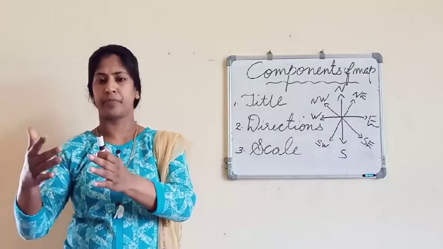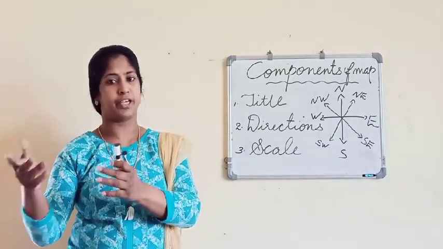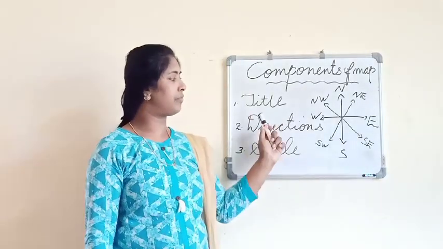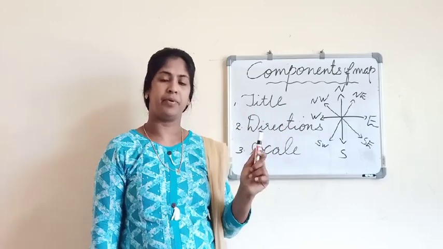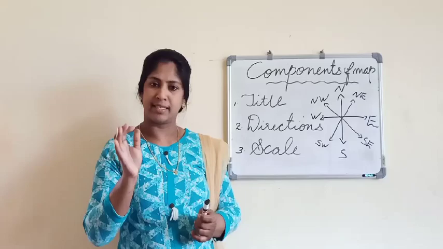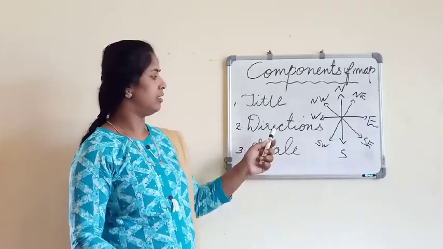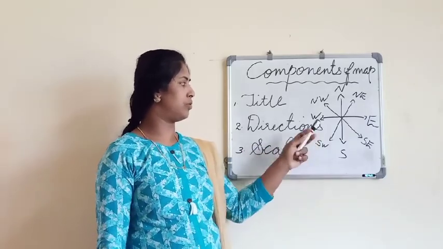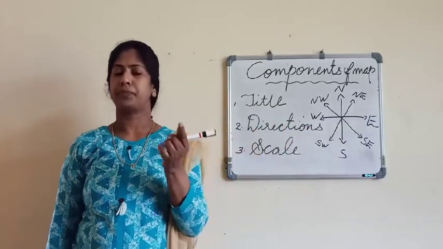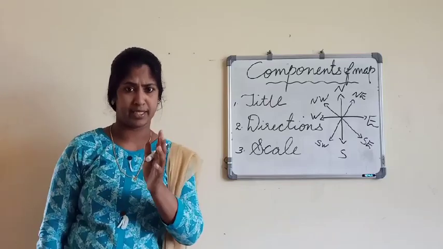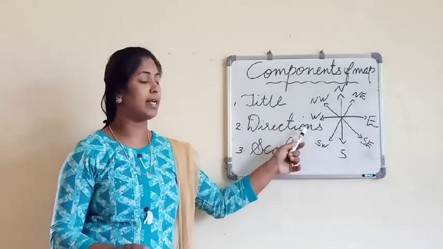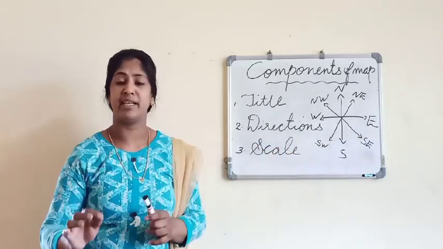So in any scale we can make maps. Verbal method is this, the scale that we have used on the map. If the distance between any 2 points on the map is a certain distance, we know the real distance is different. Suppose you find the distance between Gorakhpur and Delhi. On the map you may find it is 1 centimeter, but we know that the real distance is different. So the distance on the map we call the map distance, and the real distance we call the ground distance.